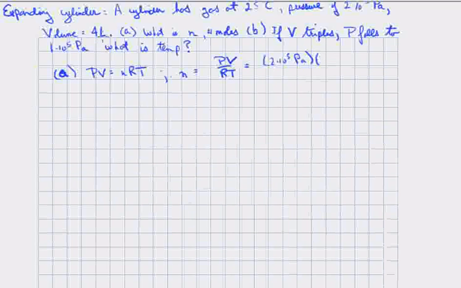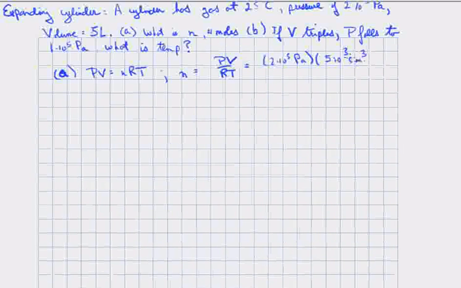Let's make this 5 liters instead of 4 liters. That is 5 times 10 to the 3 cubic centimeters. 1,000 cubic centimeters is 1 liter, so 5 liters is 5,000 cubic centimeters. And then converting that to cubic meters, 1 cubic meter is 10 to the 6th cubic centimeters,